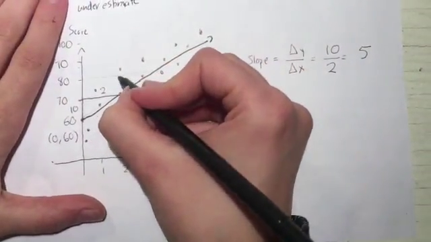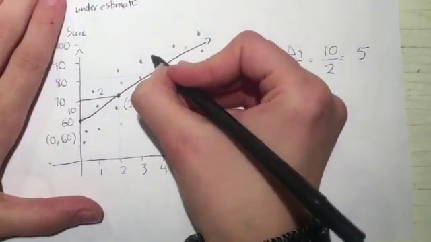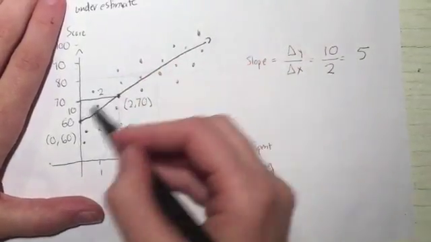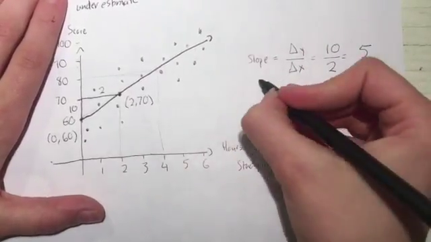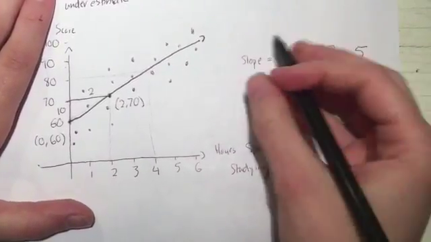We should be able to go up 10, go over 2, go up 10, go over 2. It might not be exactly right because of the way I drew it, but if it was straight, then this would be true. So the slope means that